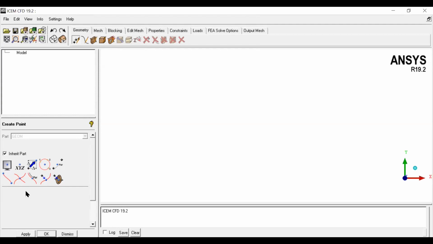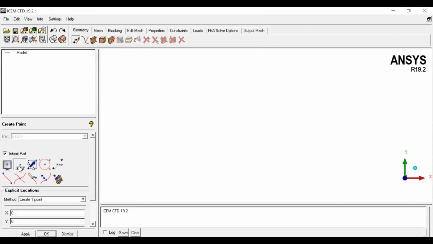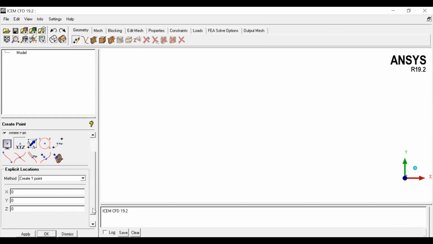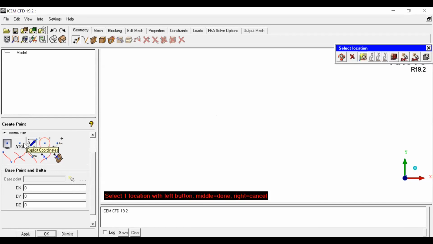These are the relevant point commands. You can define a point by selecting randomly on the screen, or by entering the coordinates. And let's say you want to edit the geometry, so the base point and corresponding distance is helpful. I will explain this. We will explore all the commands one by one.